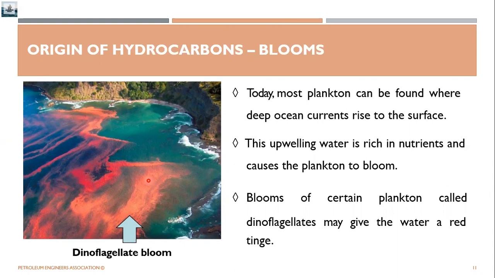This is what we call a bloom, a planktonic bloom, or let's say a dinoflagellate bloom as well. Since the planktons are also rich in nutrients, this is what causes the change in the color, what you can see here, right? So the blue water, along with it, we are having some red layers, which is surrounded to a larger extent. So these are the evidences from which we can realize that there are planktons there.